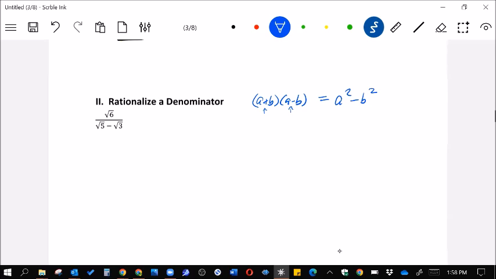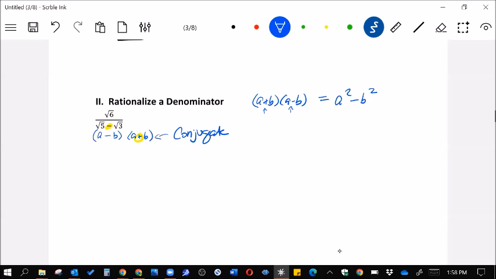So what we're going to do is to look at this as an a minus b, which means we need an a plus b, and if we do that, then we'll take care of all the square roots. They'll all cancel out. So that means we have to take this sign, which was negative, and make it positive. So the conjugate, what's called the conjugate,